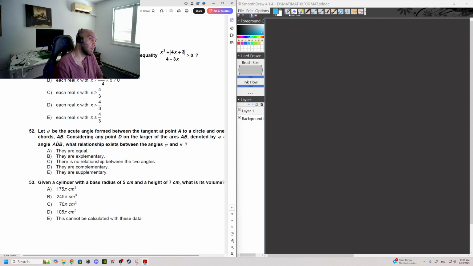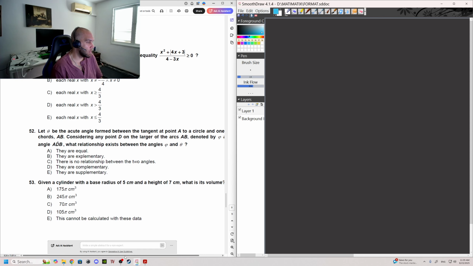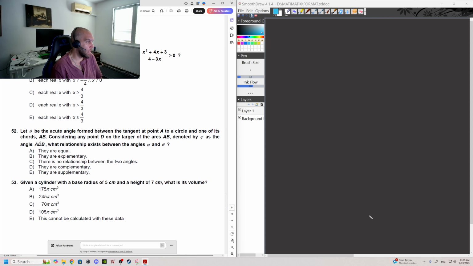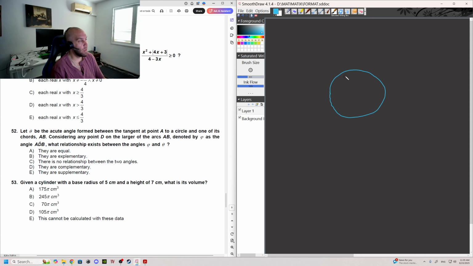Let me show you what I mean. Let's read the question. It's going to be a little bit hard, but let's try. Let theta be the acute angle formed between the tangent at the point A to a circle and one of its chords AB. So initially, I'm trying, it's supposed to be a circle, and here we have this point. I'm reminding you that I read this yesterday, so it takes some time to understand what they want. But this is point A,